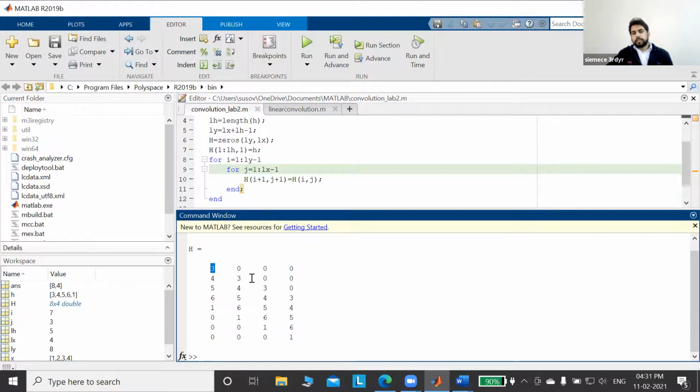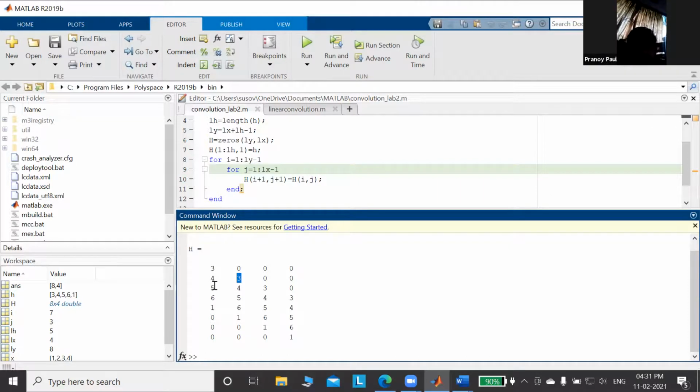Then again see, this h11 element will move to h22. That is why I wrote hi comma j will be moved to hi plus 1, j plus 1. So this is the logic.